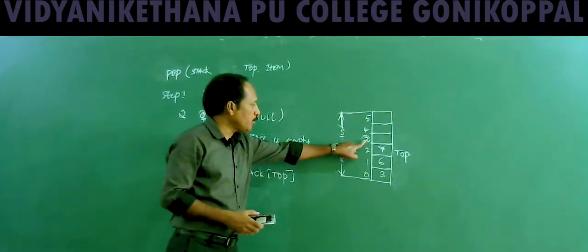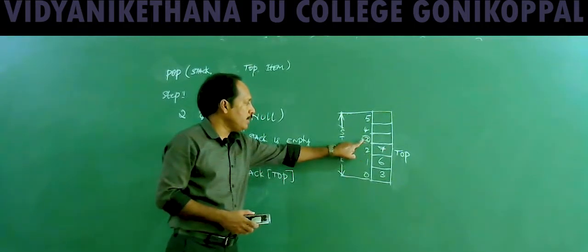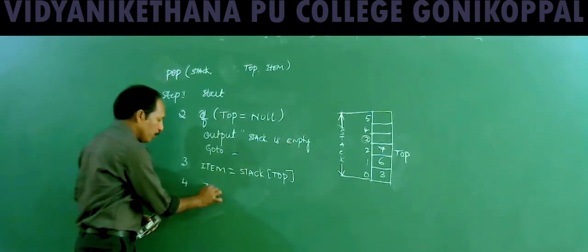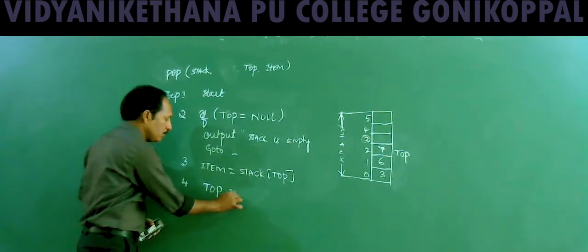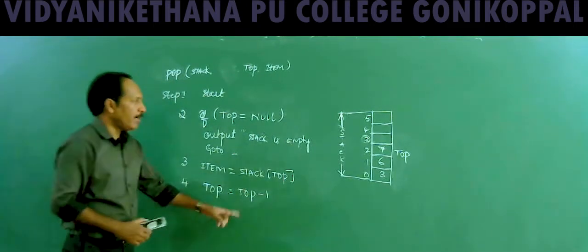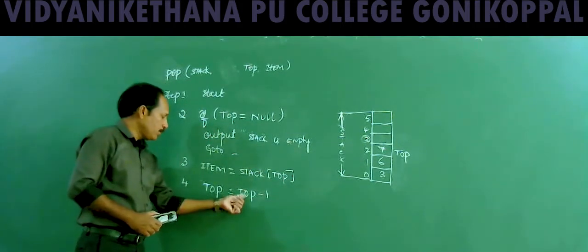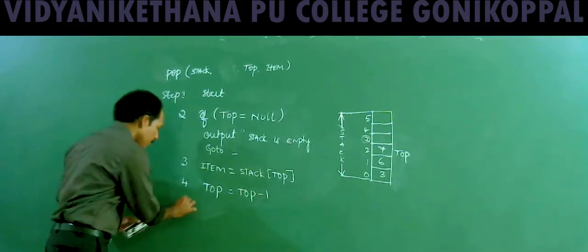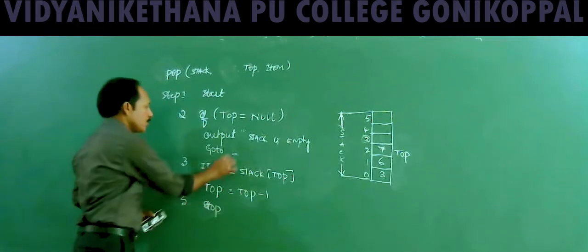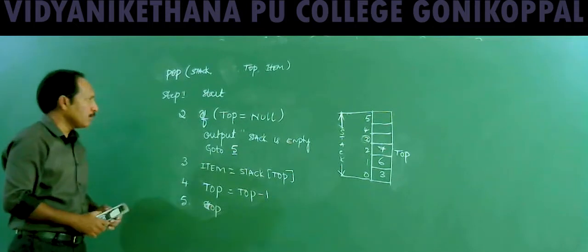So where is this position? 3, where the top has to be moved is at 2. So 3 to 2 means minus 1. The top value right now is 3, so top minus 1, 3 minus 1, is 2. Now the top value is being changed from 3 to 2. The next step is stop. This is step number 5. This is what we call the pop